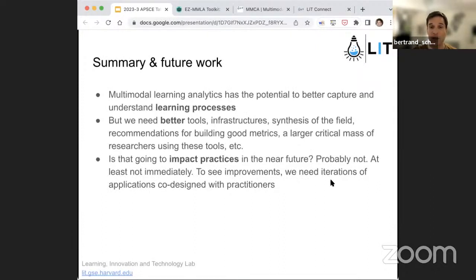Is that going to impact practice in the near future? Probably not. It's probably too early. To really see improvements, we're probably going to need iterations of applications that are co-designed with practitioners. So we need a lot more design-based research where people try to implement those methods in real-world environments and work with teachers and students to figure out relevant ways of using those